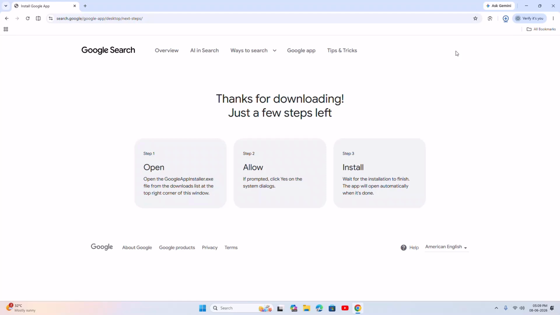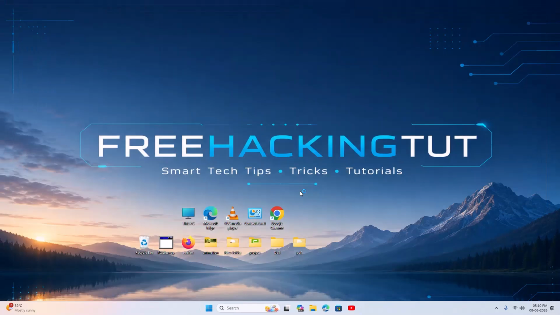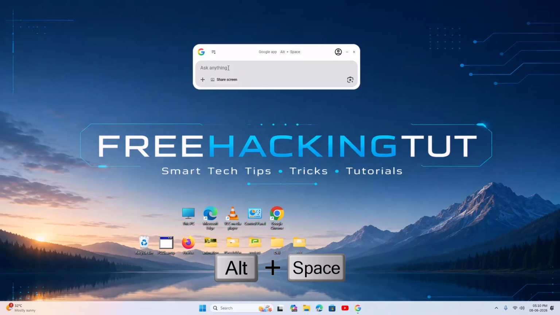Once download is complete, then install it. After you have successfully installed this application, now just press Alt and space from your keyboard and you can search anything directly from the floating search bar from the desktop. So this is how you can add a floating search bar